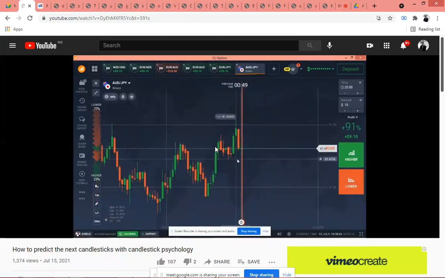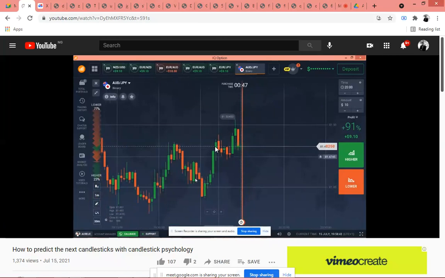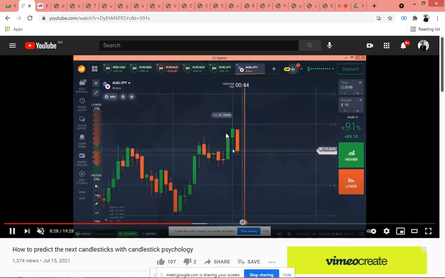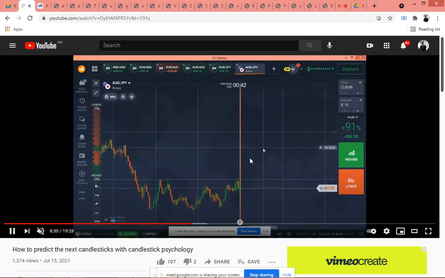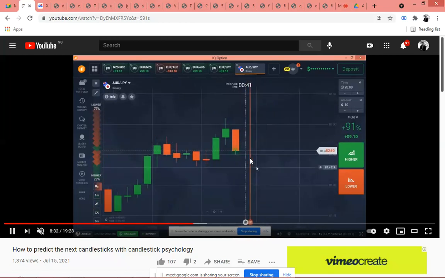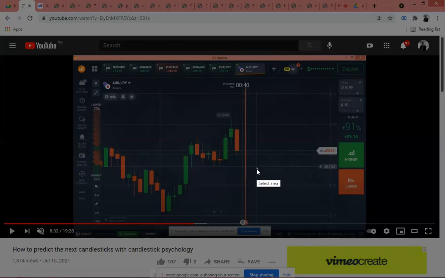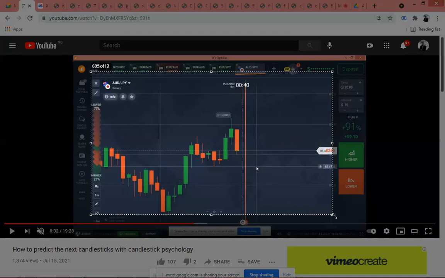It looks like an evening star pattern, and this candle is just like an abandoned baby. Okay, so that means the sellers will enter again on the next candle. And I think on the left side the buyers will definitely enter, because I cannot just think of sellers